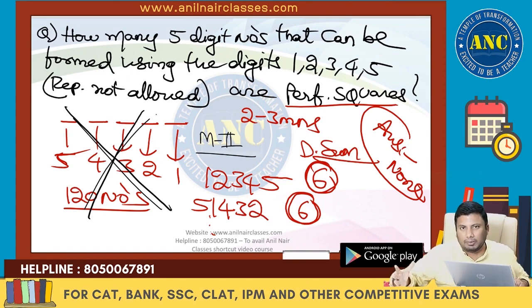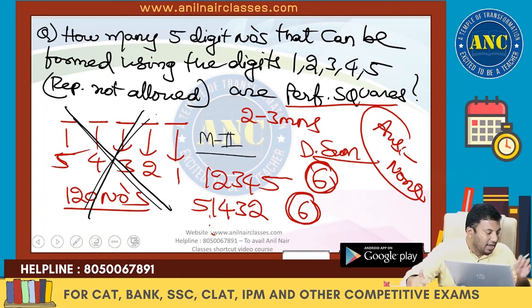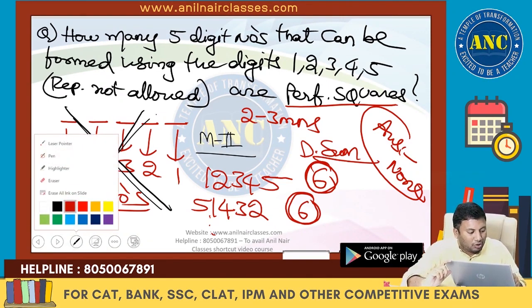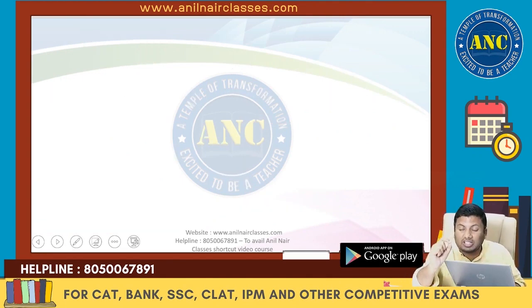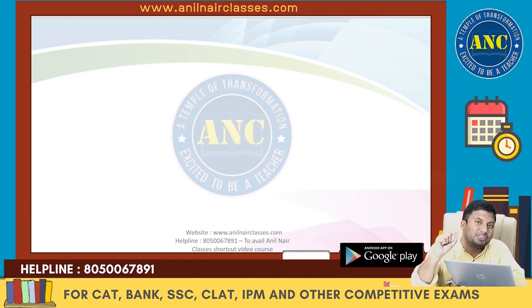One more concept I will discuss. I hope the application of that concept is clear, because Cherry has asked a question. It's very important for you to know. You should ask yourself whether you know all these concepts. If you do not know any of these: perfect square digital sum is 1, 4, 7 or 9. Perfect cube digital sum is 1, 8 or 9.